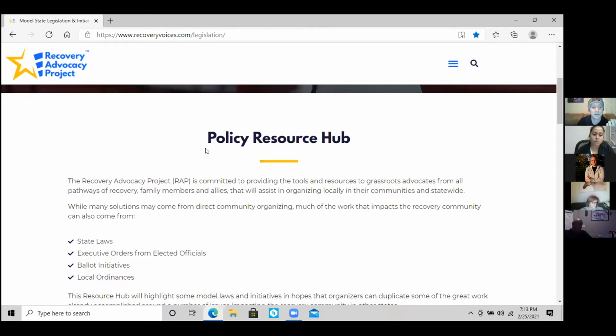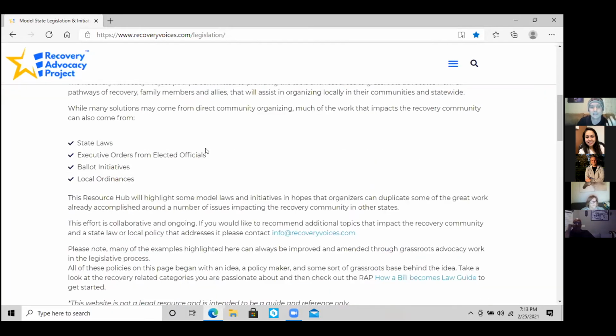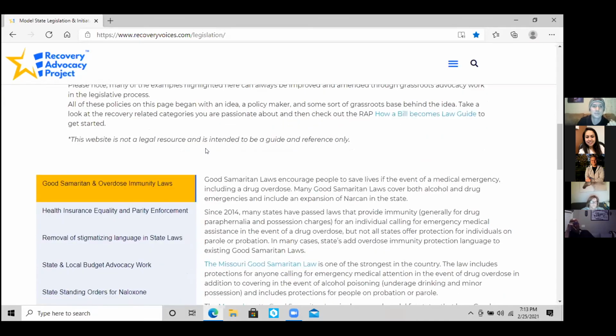And I know that one of the things that we're asking people to do between meetings 1 and 2 is really explore what kind of role and responsibility and asset you want to be to the team. And maybe that is a policy researcher. Maybe that is social media. And so we have some of these tools for you to dive into. And if you say, hey, I'd love to do some legislative stuff or policy stuff, spend some time here,